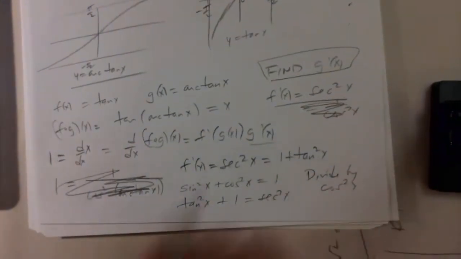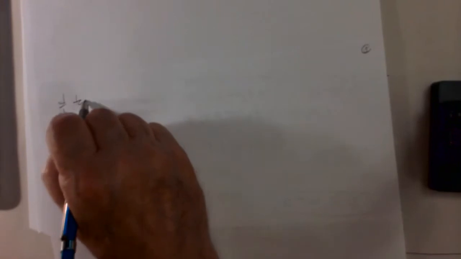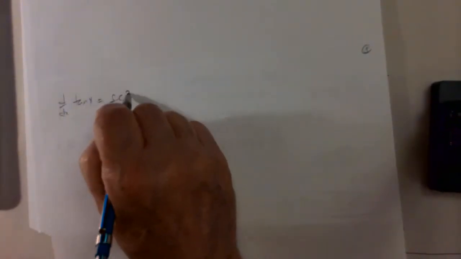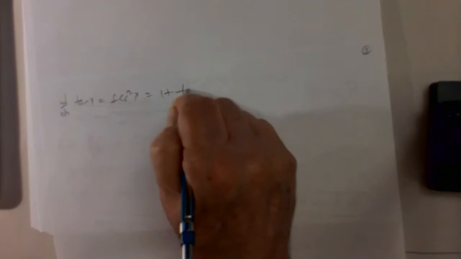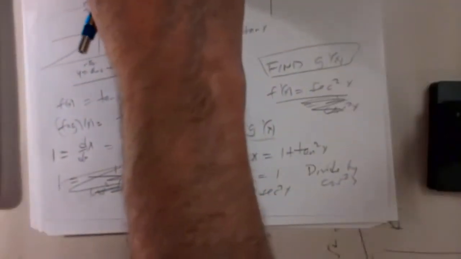So let me write this down again, because I have to go to a new page. We have the derivative of the tangent of x is secant squared x, which is 1 plus tangent squared x. And